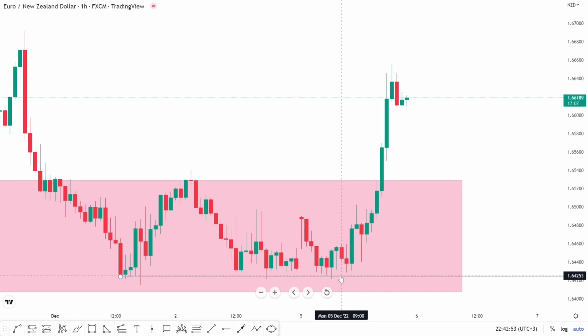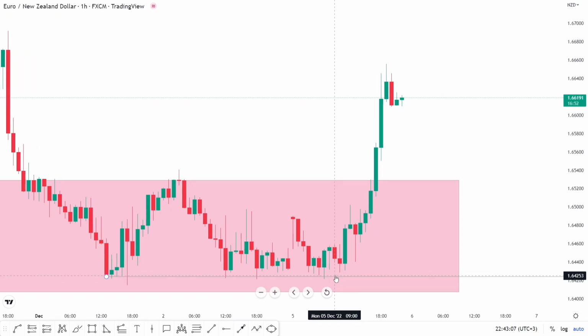And for us to know whether the sellers are weak, we want to see how price will react. Now you can see sellers have been unable to break this zone more than 6, 7 times. That's a very good indication that sellers are actually weak. So after knowing that sellers are weak, we just want a confirmation that buyers will be strong in this market. Because just the fact that sellers are weak does not mean you should buy immediately because of the rejection.